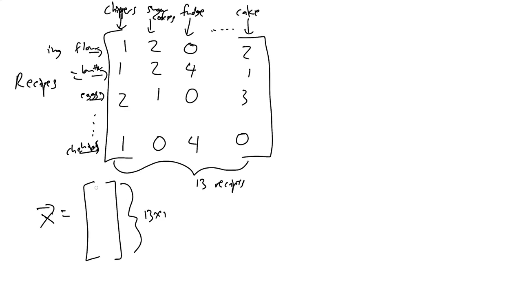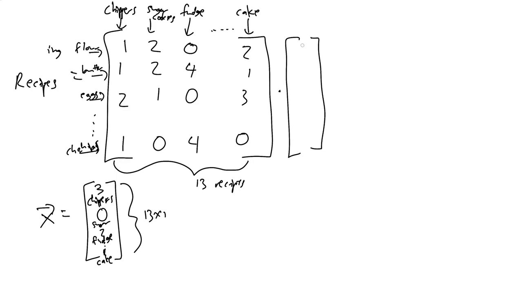And this is basically going to say how many of each recipe I want to make when I go on my shopping trip. So I want to make 3 recipes of chocolate chips. I don't want to make any sugar cookies today, thanks. I want to make 2 recipes worth of fudge, running out of room, and I want to make 1 cake, something like that, right? Now, if we bring that up here and do this matrix multiplication,